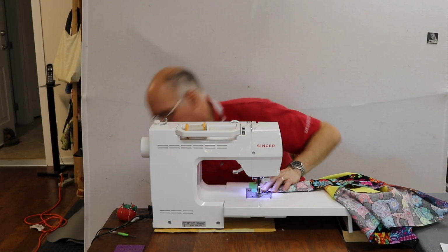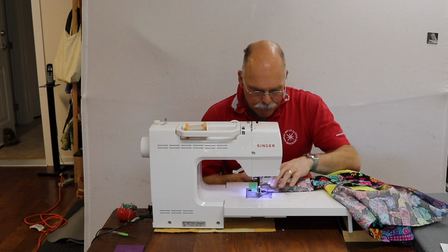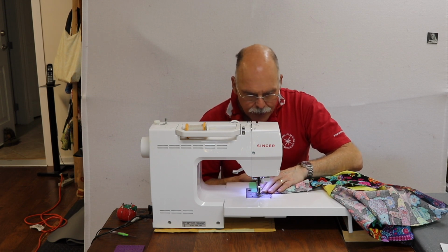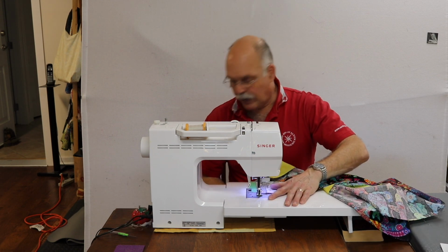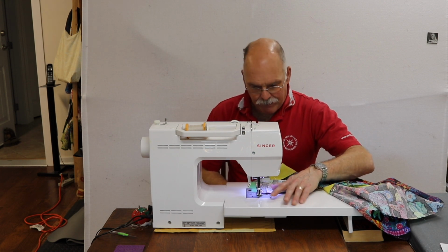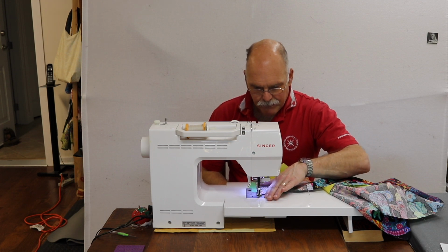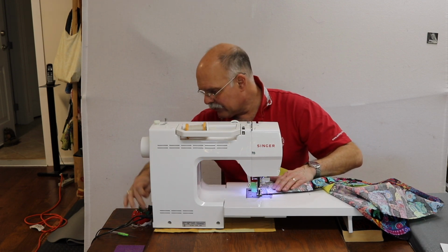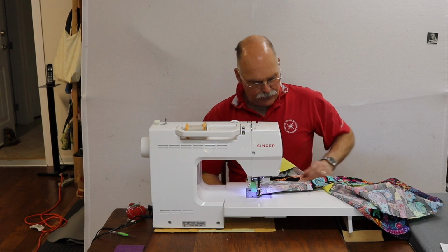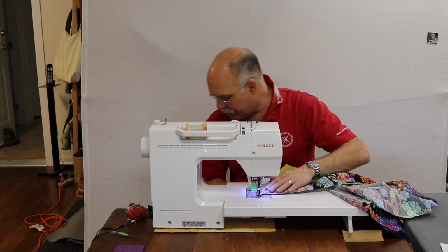I'm doing the first of the 2 side borders. And I have never sewn something this big before. Carolyn gave me a lot of help getting it pinned right. And I use lots of pins. I mean, a lot of pins. And I've got this quilt all bundled up in my lap. And it's already porked me a couple times with the pins. But I guess that's the threat. That's the nature of the...